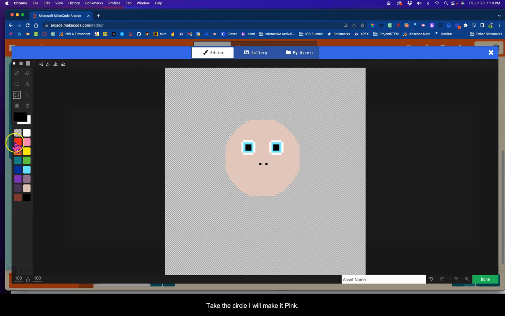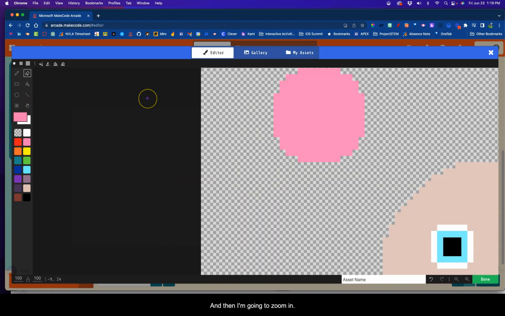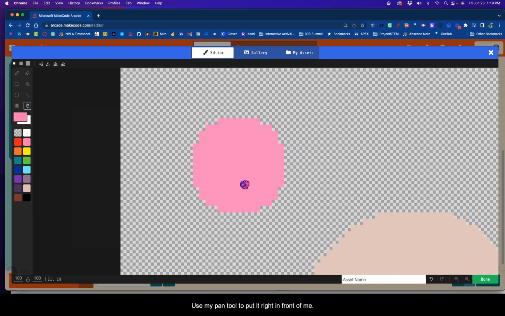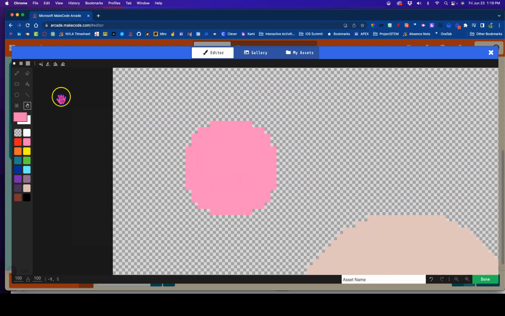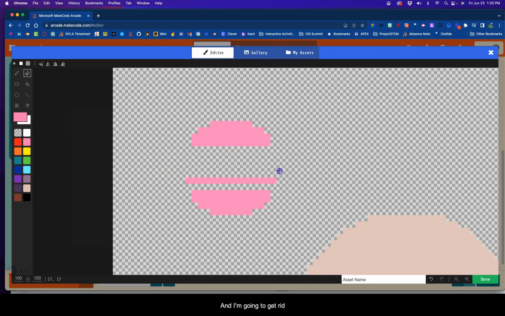I'm going to take the circle, I will make it pink, fill it, and then I'm going to zoom in, use my pan tool to put it right in front of me, and then I'm going to use the eraser. I want just this bottom piece right here. Make the eraser a little larger. And I'm going to get rid of the center